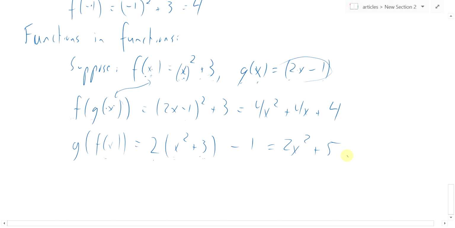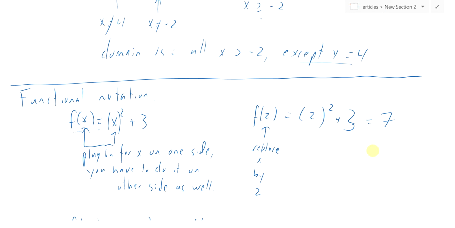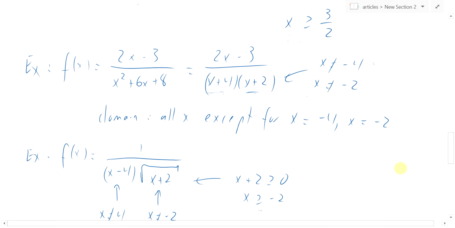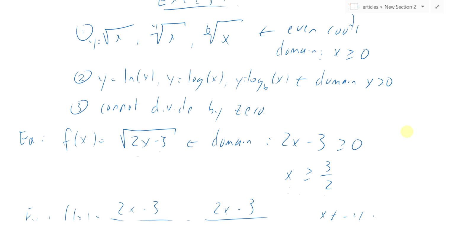And so that's some basics about functions and functional notation, and domains from formulas, how to set up graphs and stuff. And that's essentially a lot of stuff that's